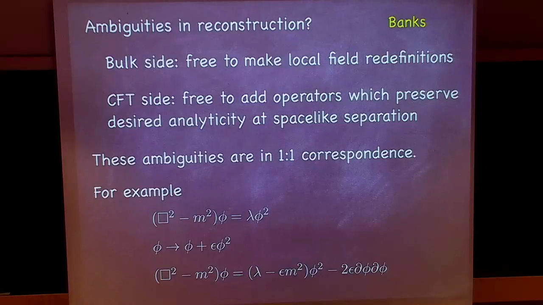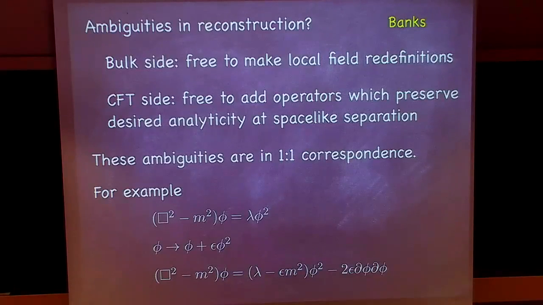But that procedure isn't unique, because on the CFT side, I'm always free to add a tower of higher dimension operators that don't spoil the analyticity properties, so that things still commute at space-like separation. And so what I'm claiming is that these two ambiguities are in one-to-one correspondence. And I think it's pretty clear, because if you start on the bulk side,